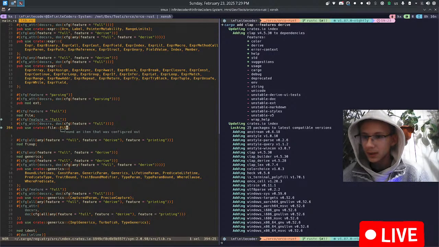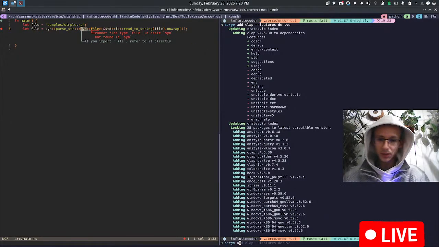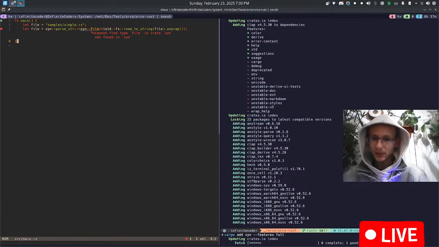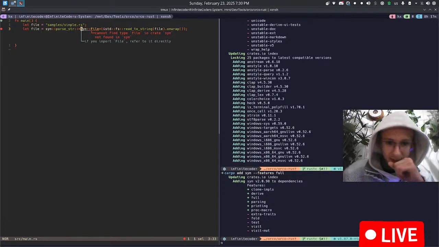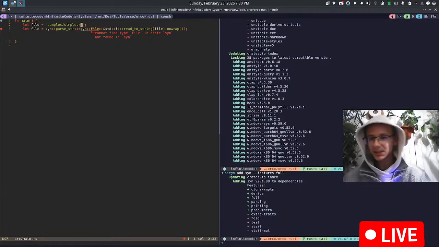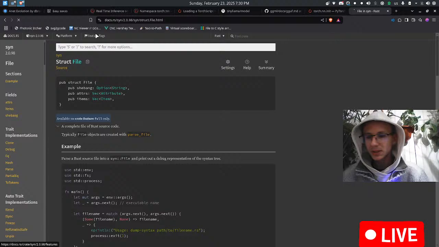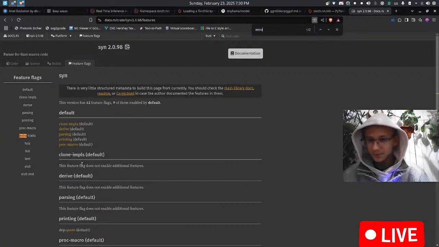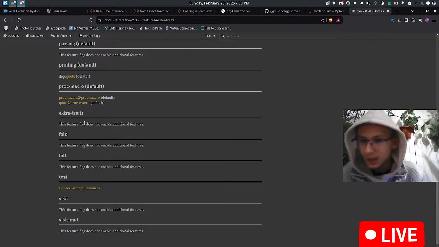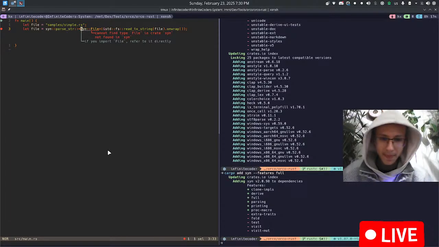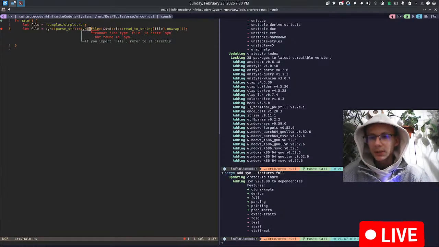File. Config feature full. Okay, cargo add syn features full. Now that should be better. Clone implementations, derive, full, parsing, printing, proc macro. Do we need extra traits? I wonder what extra traits does. Actually, I want to see feature flags. Extra traits, which are additional features, fold, full, test, huh? Anyway,